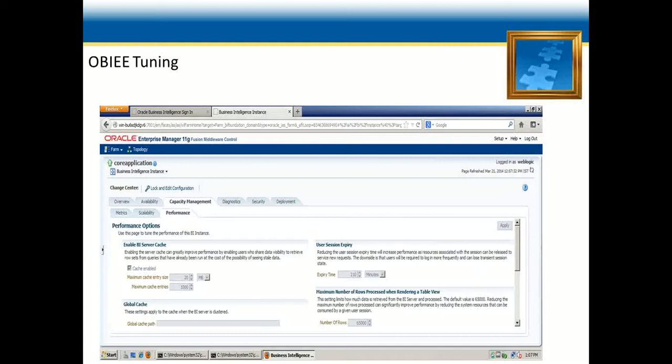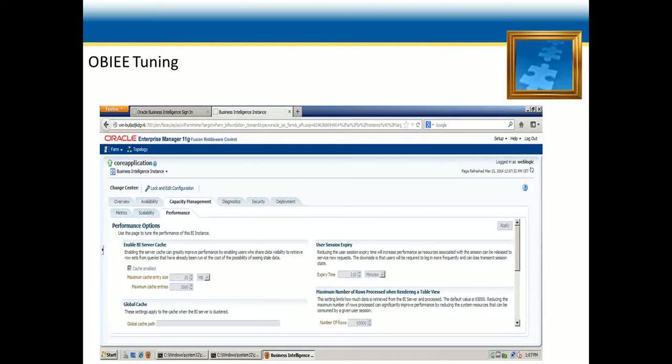I have shown here a screenshot of Enterprise Manager, in which we have capacity management. In capacity management, if you go to performance, you will have some options like enable BI server cache. If you enable the cache, you can have a good response with the queries fired by the users.